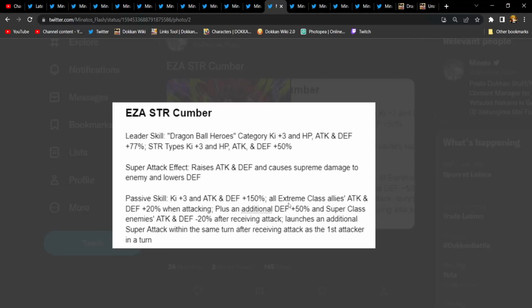If you don't know, that's multiplicative, of course. Veterans, of course y'all know that, but for newer players, maybe that didn't have an idea. That's going to be multiplicative for sure. He gets 50% defense, and superclass allies get debuffed by 20% attack and defense. After Cumber gets hit, he launches an additional super within that same turn, if he is the first attacker in the turn. I think that's a stupid...